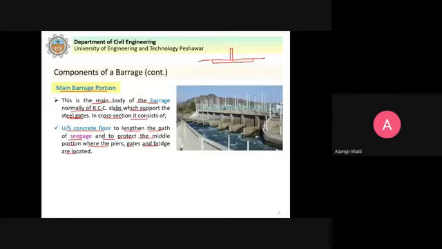Because it is constructed on a pervious foundation, seepage will take place. So you can see that the seepage path is lengthened. The water can only enter here into the soil, and then it can travel below this structure, and then it can appear here.